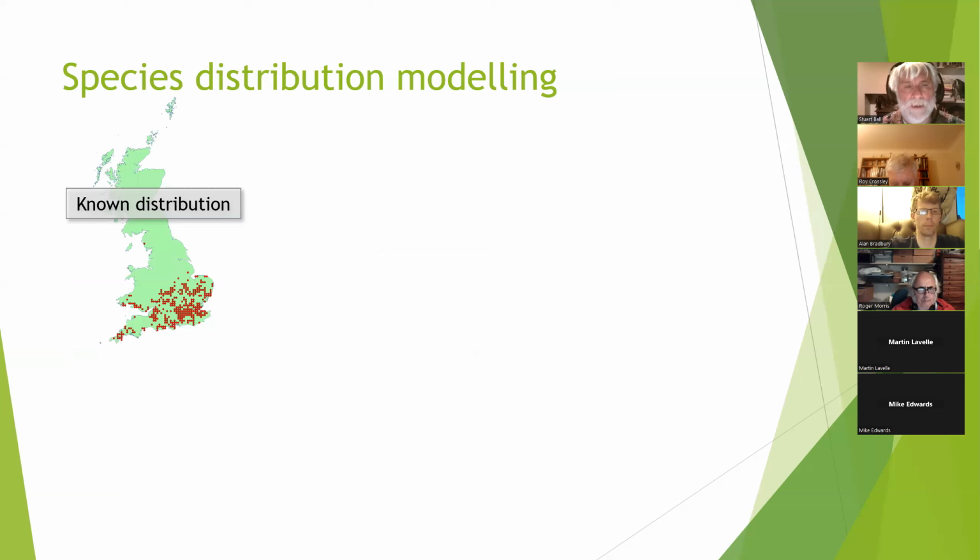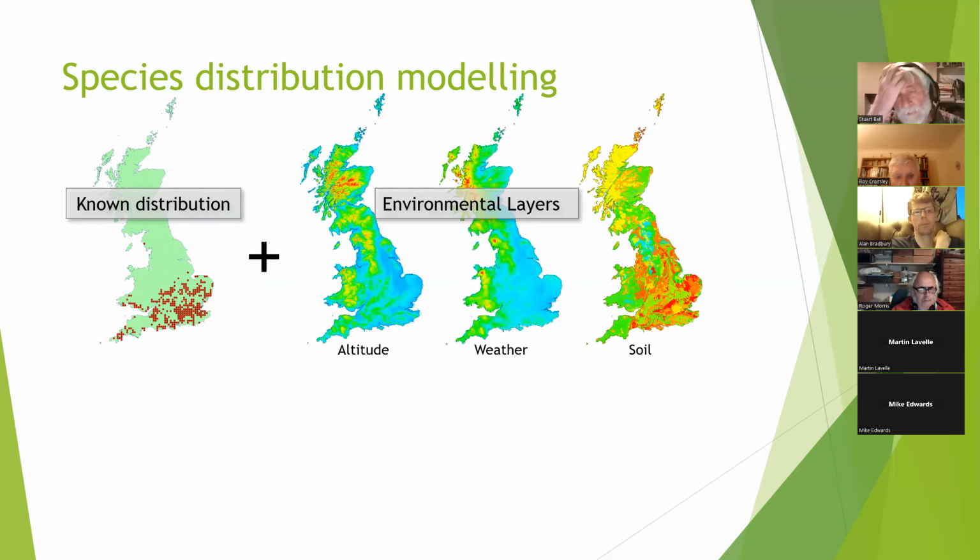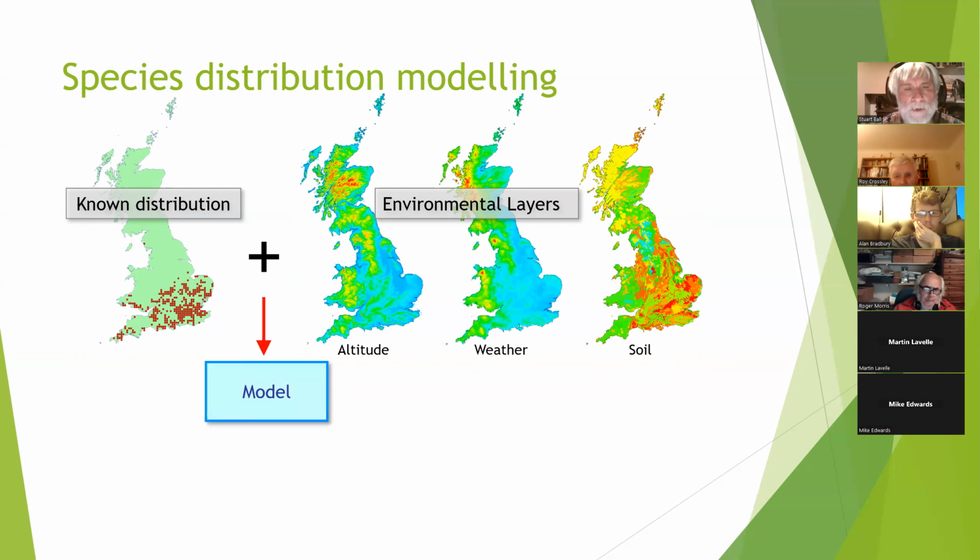So what we're talking about doing is taking the known distribution of a species, the places we know it occurs, taking what I'm going to call environmental layers, which are essentially maps of various things that might be of some importance to that species. And there you can see things like mean altitude, weather, which I think in that case is annual rainfall, and the dominant soil class and so on, and try to produce a model which essentially is doing a pattern matching job. It's saying, at those points where we know the species occur,